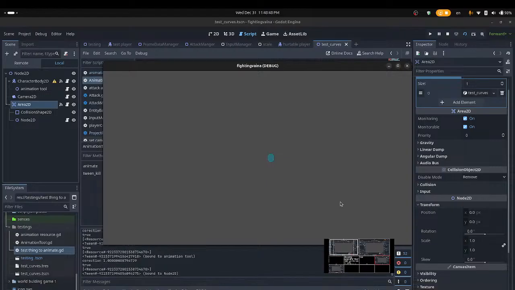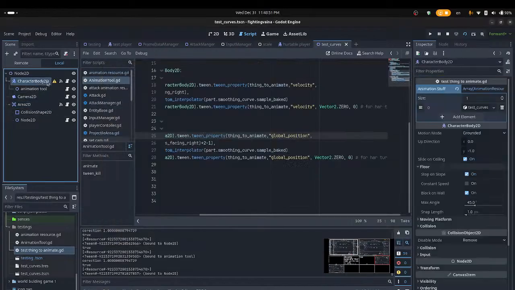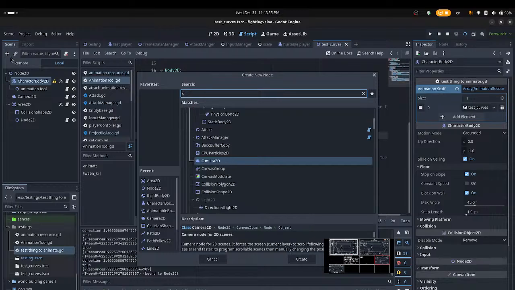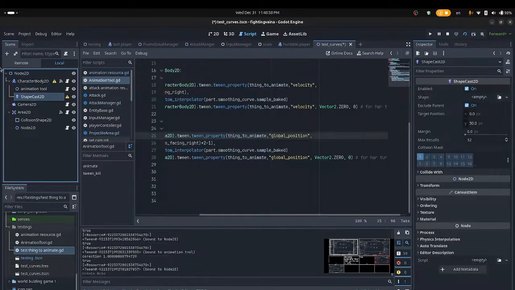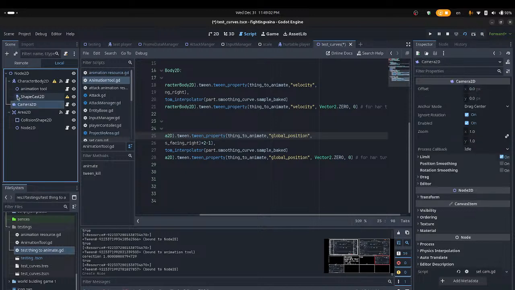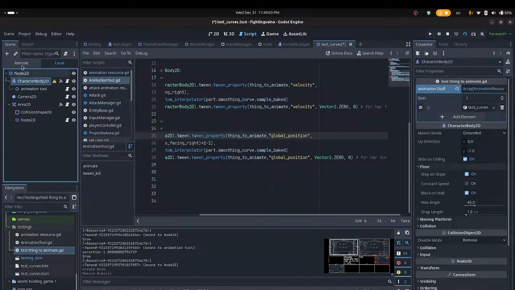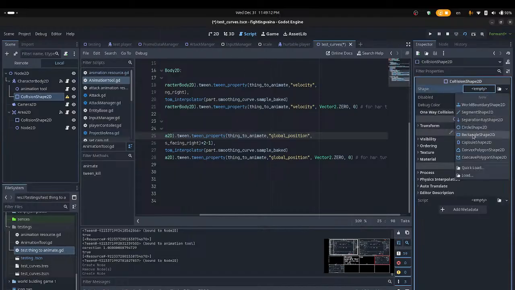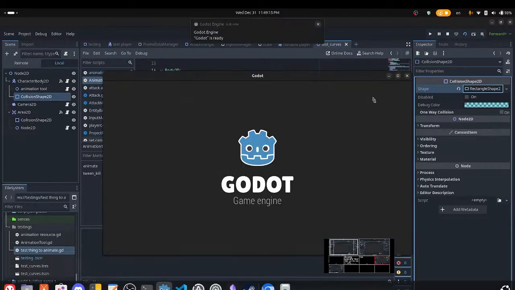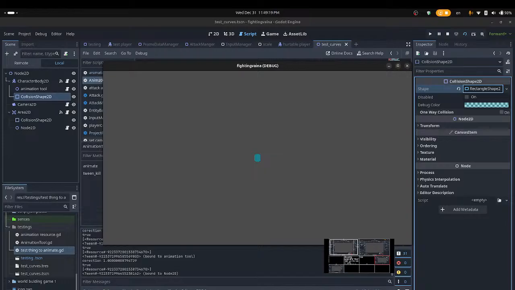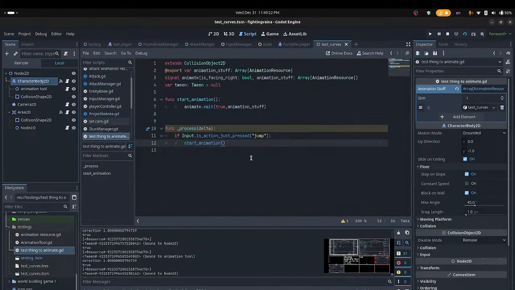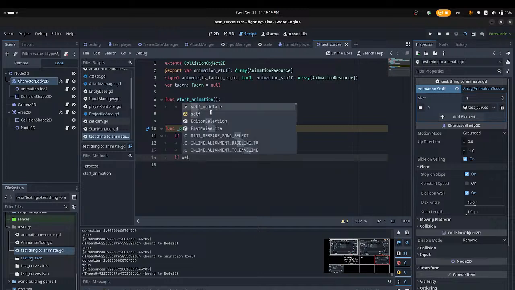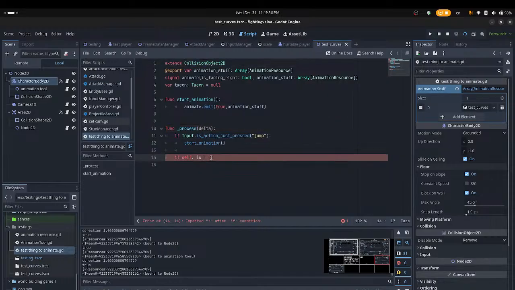Why do you return? We'll give this a shape. Nope. Itself